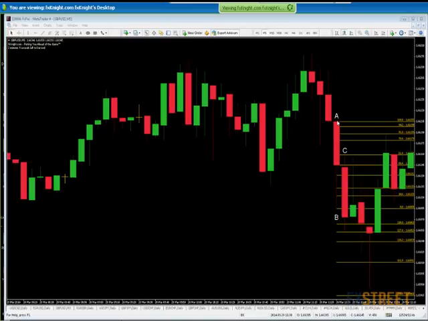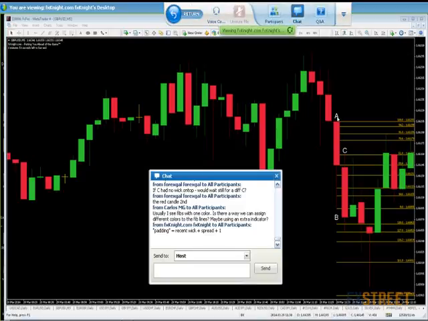I then add my spread, and then I add +1 for good measure. Okay, there's my highly scientific formula. Most recent wick that would go against you, plus your spread, +1. And I add that,